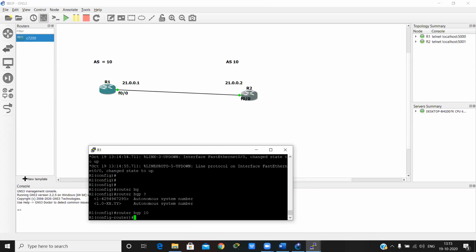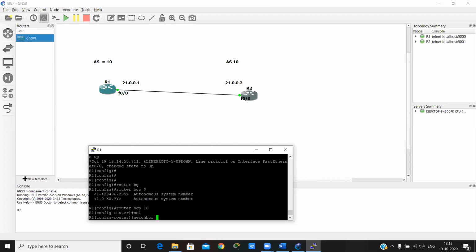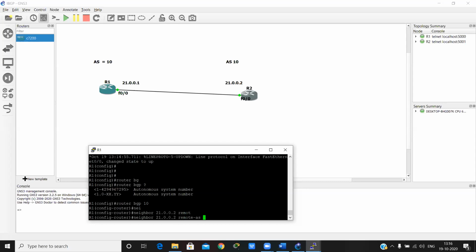But in this we have to give the neighbor, and then the neighbor IP. Who is our neighbor? 21.0.0.2. And then what AS is running on that neighbor. Here we have to define the AS number running on that particular neighbor, so we give the remote AS. Our AS is the same, so 10.